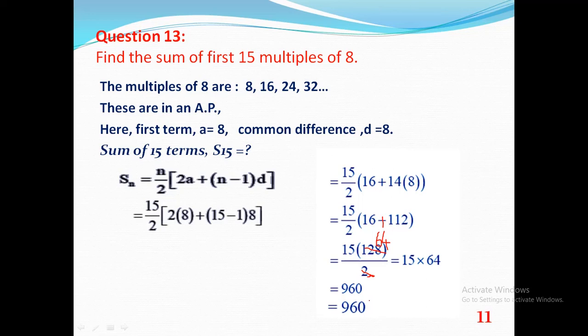Shall we move on to the next one? And the last one in this exercise, because other questions are deleted from the syllabus. So for this year, up to 14 questions only will be coming from this exercise. All other questions are deleted. Now find the sum of odd numbers between 0 and 50.